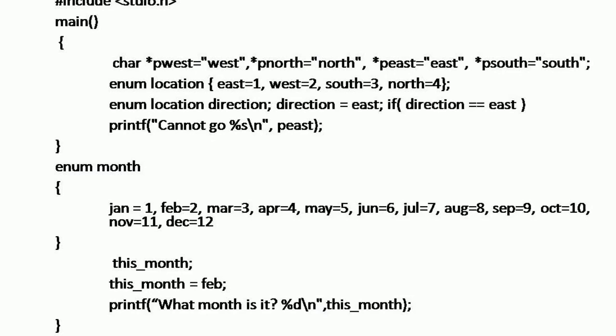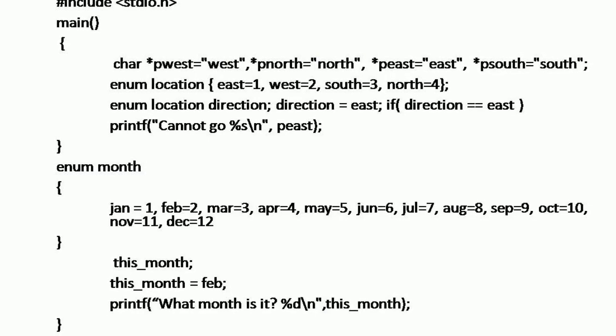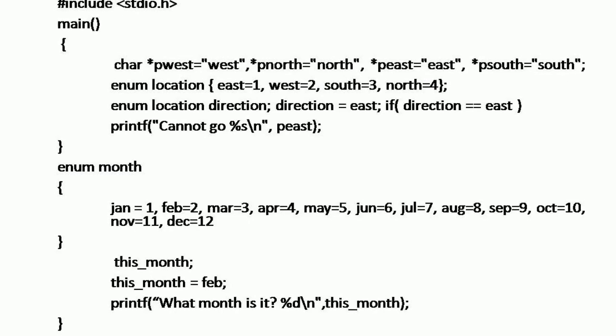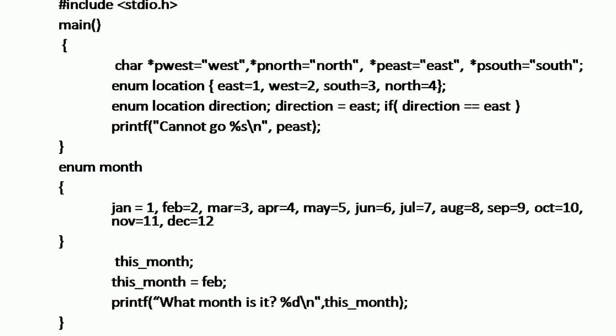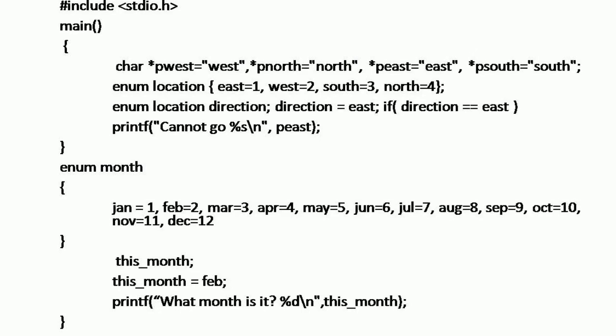This is the example of one month. Once again, see guys, in the program here you can define a different declaration of the rainbow,